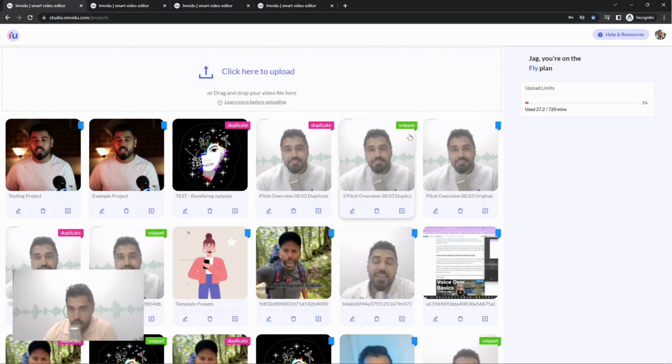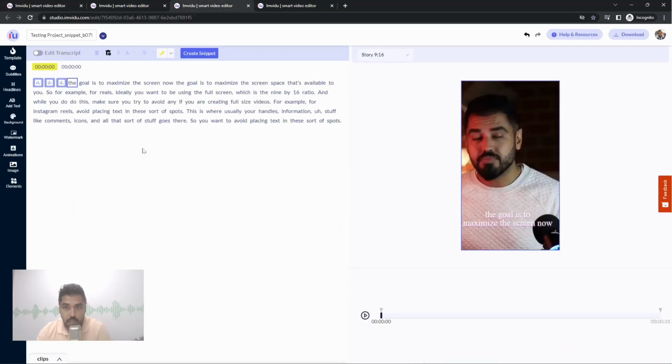And once again, you'll notice that the snippet icon is indicated on the little thumbnail here. If you've created duplicate projects, it's indicated by that icon as well. And your original uploads, well, they just show up as the blue ribbon here. Okay, so now you can really start repurposing and restyling your videos and snippets really quickly. So using a combination of highlights, create snippet, and templates,